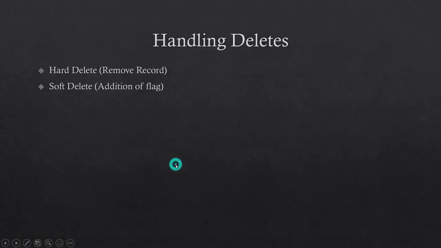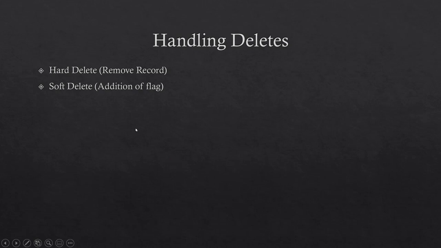Now till now we spoke about how we handle full loads, how we handle incremental loads with flags which identify the type of change. Also scenarios where it is incremental but there is no flag, so we need to identify the changes. And in those scenarios, how do we store the data in our system? Do we maintain versions? Do we only keep the latest version? And how do we do that? Now the other thing that we're going to see is deletes. How do we handle deletes?